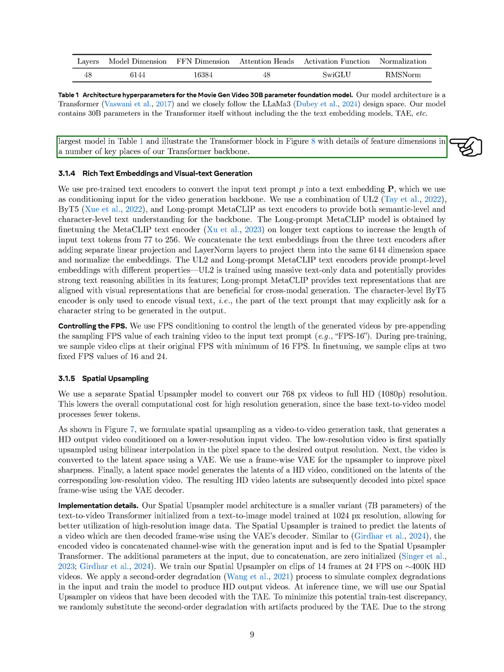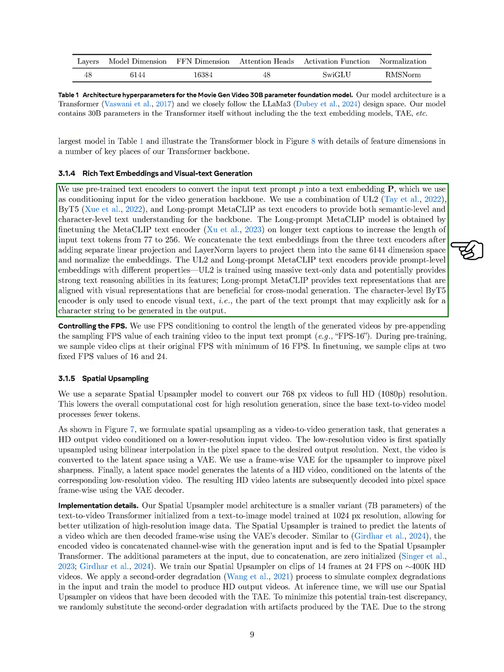Section: Rich text embeddings and visual text generation. In this section, we discuss how we utilize pre-trained text encoders to transform our input text prompt into a text embedding, which serves as the input for our video generation system. We combine three text encoders, UL2, BYT5, and long prompt MetaCLIP, to achieve both semantic and character level understanding. The long prompt MetaCLIP model is fine-tuned on longer captions to extend the input text length. We merge the text embeddings from these encoders after applying linear projection and normalization to ensure they fit into the